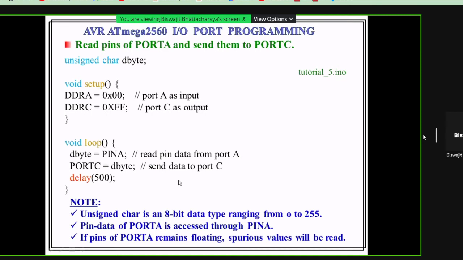So don't leave any input port open. If you leave any input port open or floating, then from protection point of view or security point of view, there will be no problem. It can be left open, it can be left floating, but you will read a wrong value. You will not read 0, you mostly will read 1, mostly.